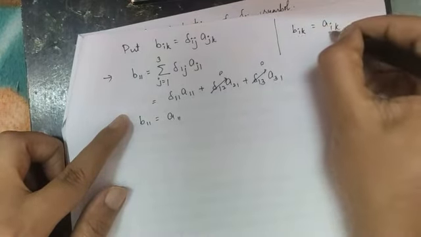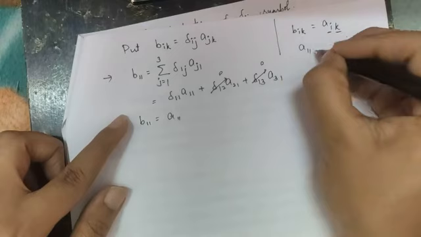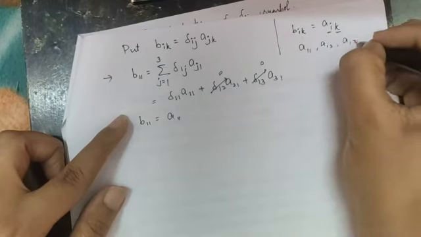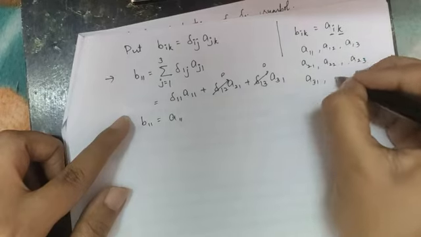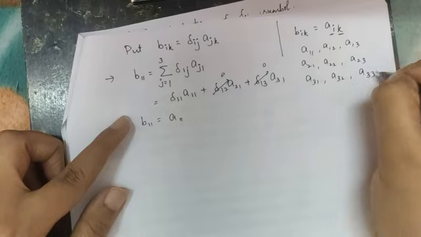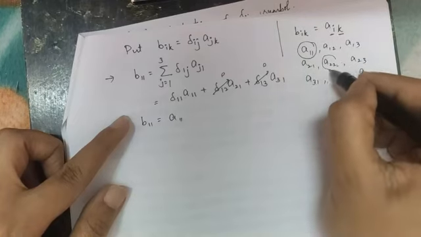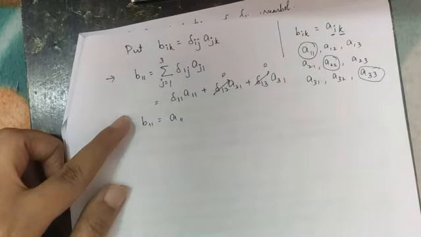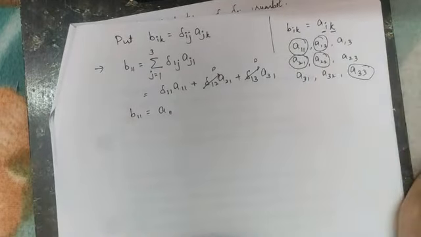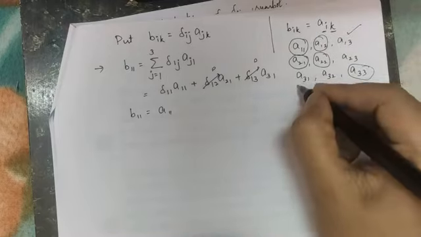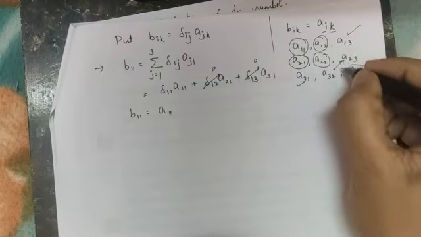You can observe here we have different suffixes. So I have to prove this property for all the values like a11, a12, a13, a21, a22, a23, a31, a32 and a33. For all these values I have to prove. So if I prove for a11, this will be same for a22 and a33. Similarly, if I prove for a21, that will be similar for a12. If I prove for a13, it will be similar for a31, since the suffixes are vice versa, right? So these two will be equal.